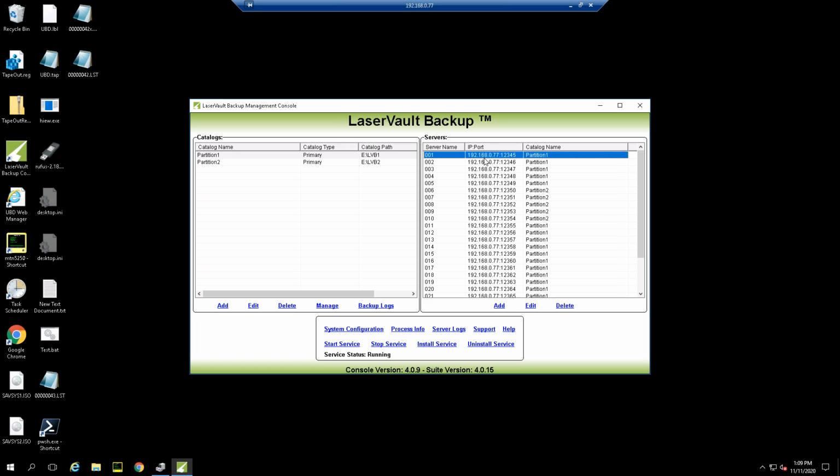So it's for speed. Typical connection from the iSeries onto the Laser Vault is a 1 gig Ethernet. It's going to give you around 200 to 250 gig an hour backup speed on the 1 gig Ethernet. If you use 10 gig, of course, it'd be a lot faster. But that's a typical backup speed with 1 gig Ethernet. But the